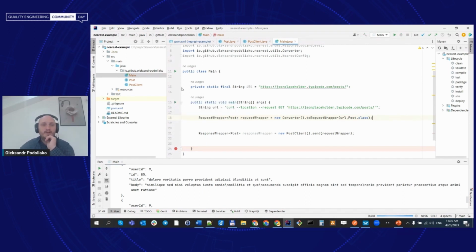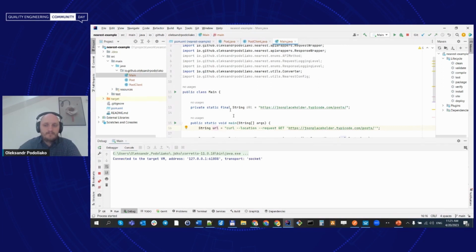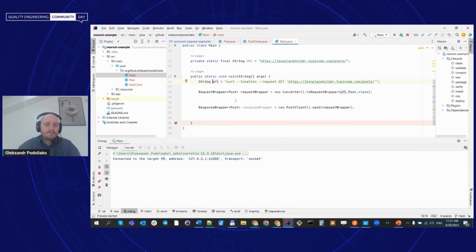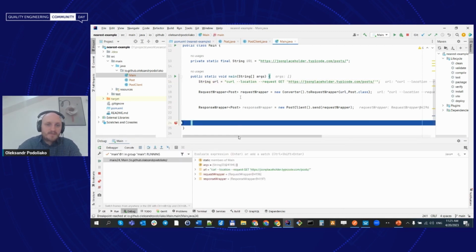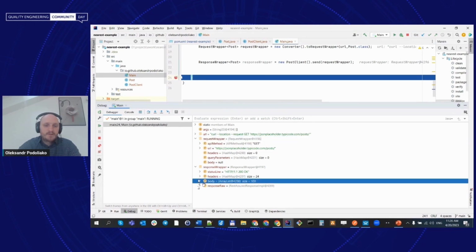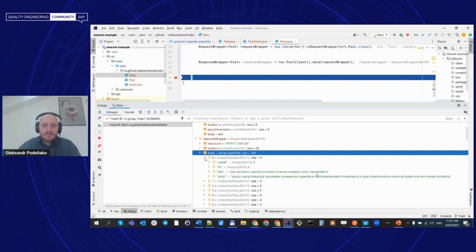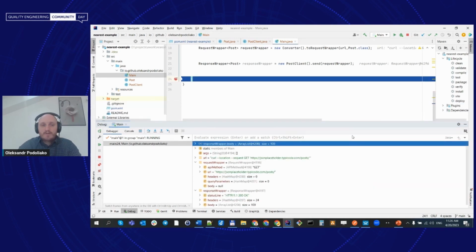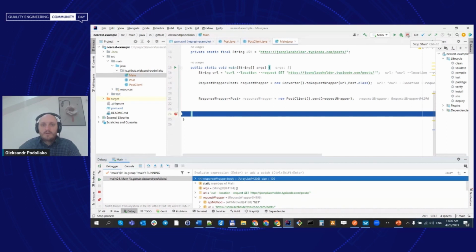Not with model, but with string curl URL. And it's done, and we can see that this entity converts our curl to our model, and then everything works fine. Status code 200, and body has all these 100 objects. But it's not all we can do, and vice versa